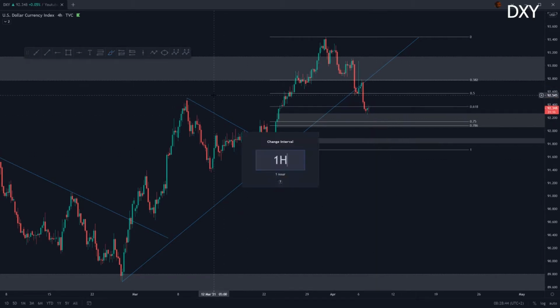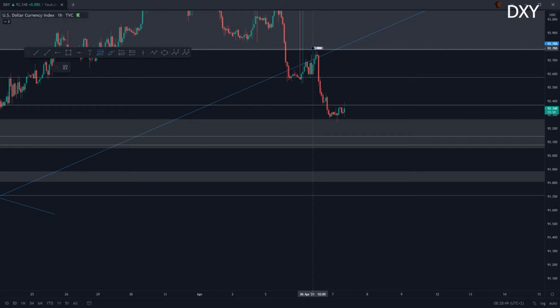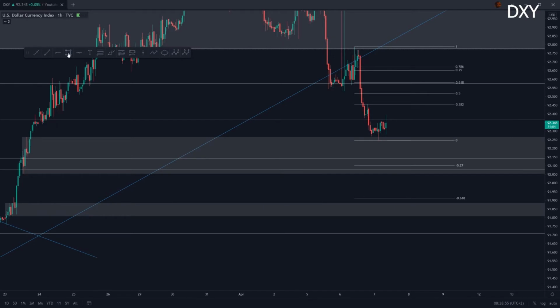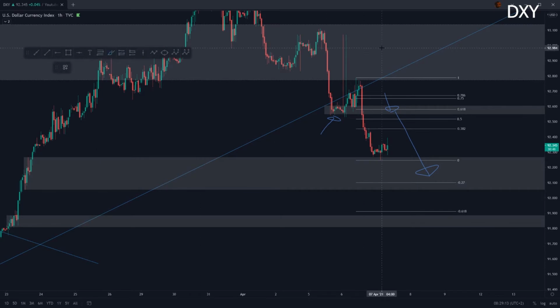If we go down to the 1-hour time frame, what can we then see? If we draw in our fib level for this major impulse towards the downside, which caused the trendline break, we can see that we're going to potentially move back up towards the 618 level, and the 618 level aligns perfectly with previous support, which would then potentially act as resistance, from where we could see more downside. The only way in which I would be looking for longs on the DXY is if we eventually break this major high over here, retest that high, make a nice fib level retracement, and then see more bullish confirmation.